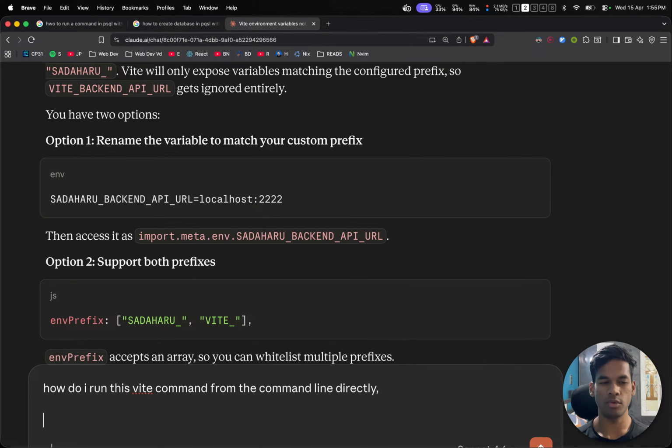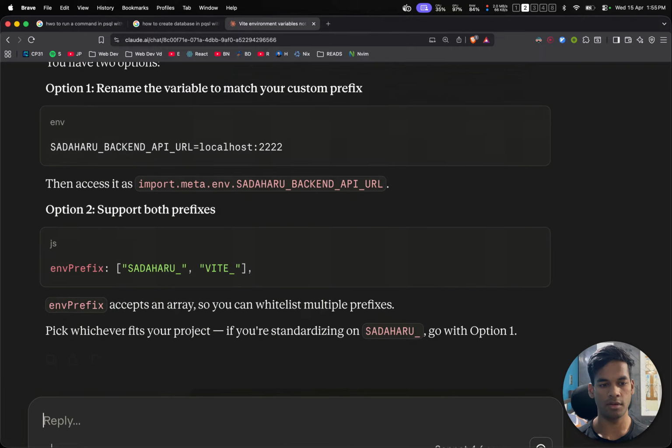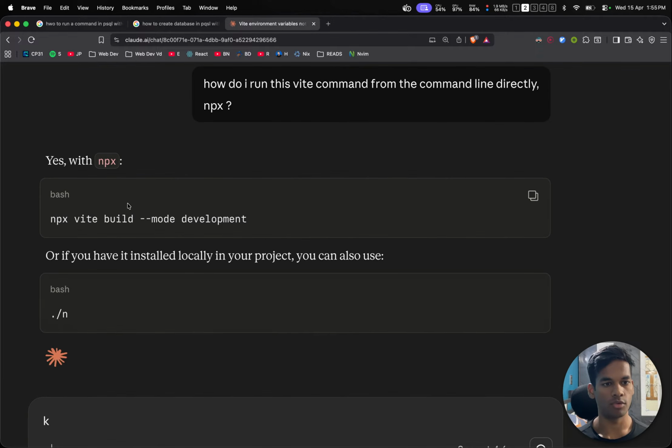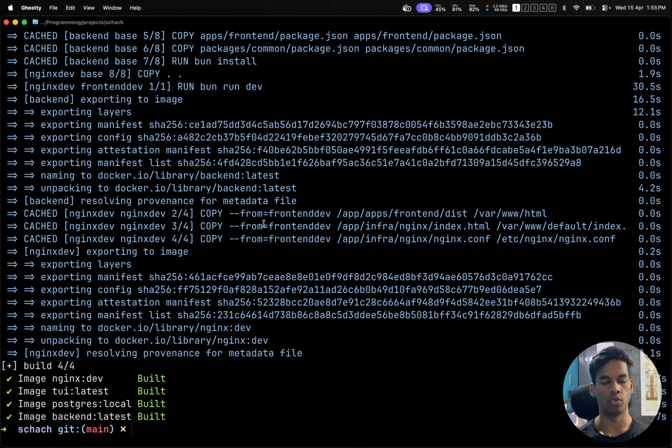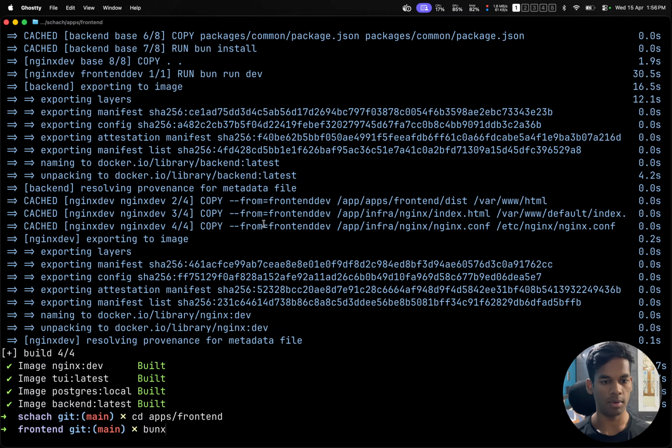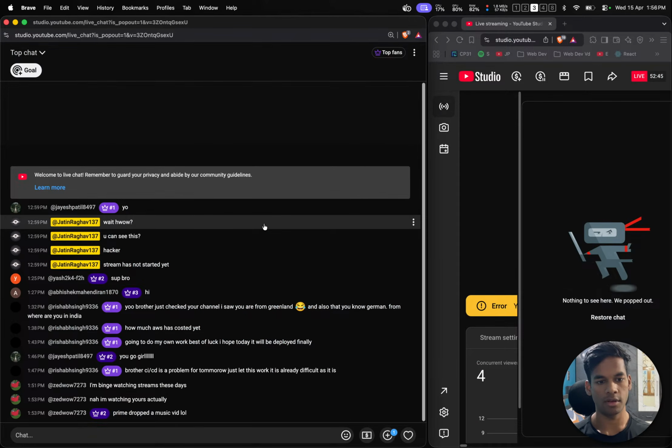I think we should use npx, or bunx in case of bun. Yes, with bunx. Cool. Okay. Vite build development mode. Apps frontend bunx. What bunx does is